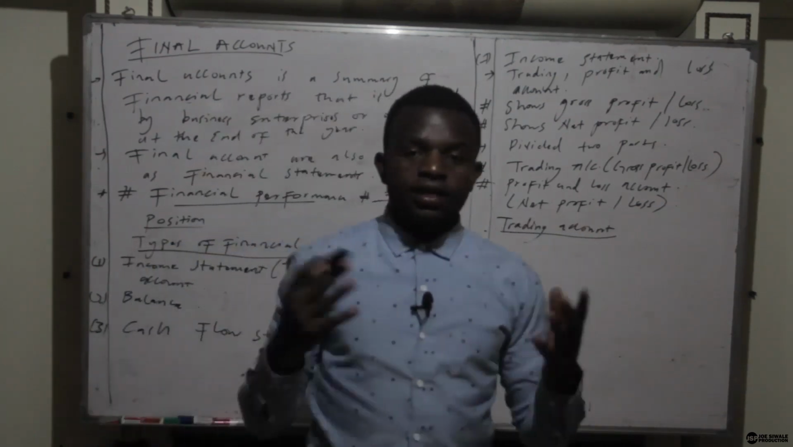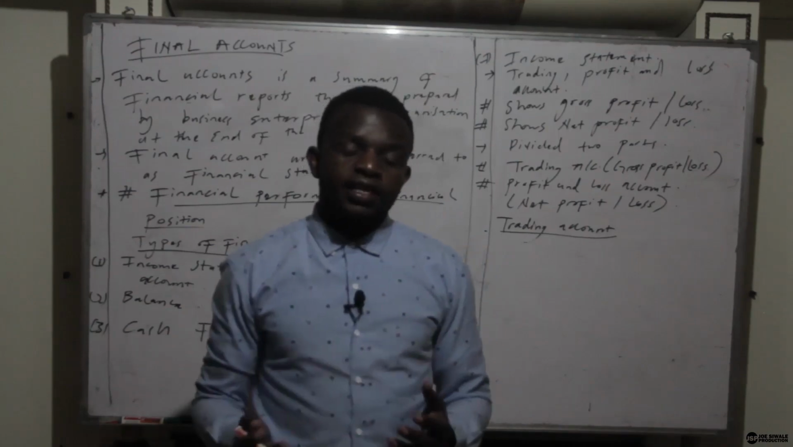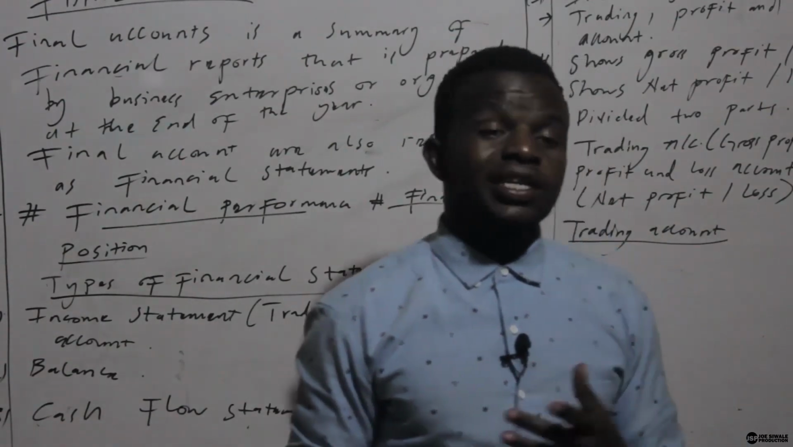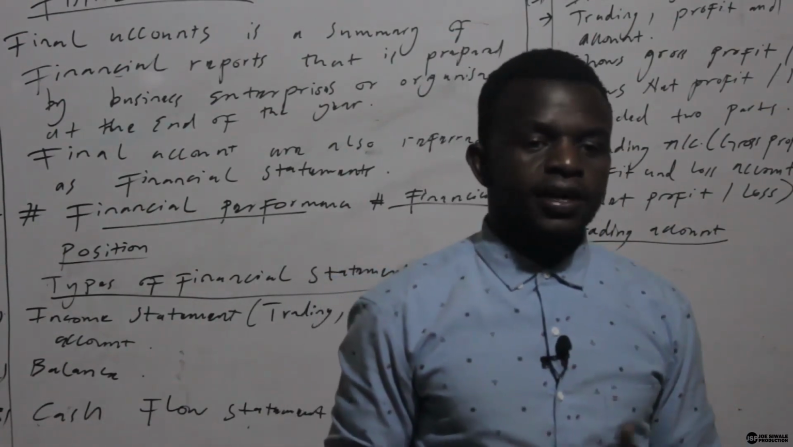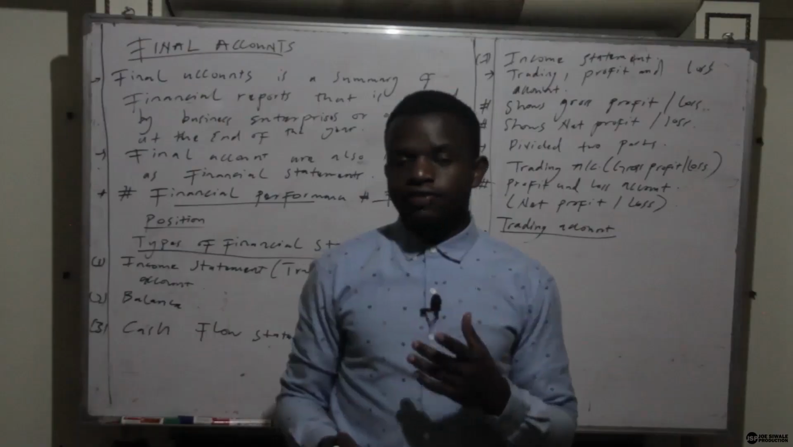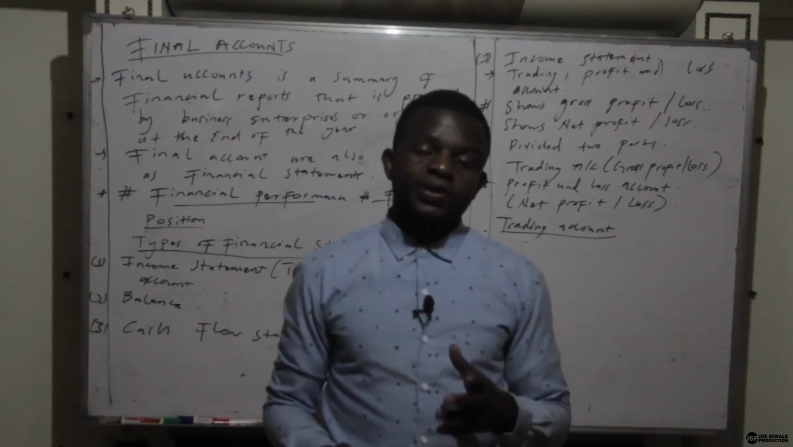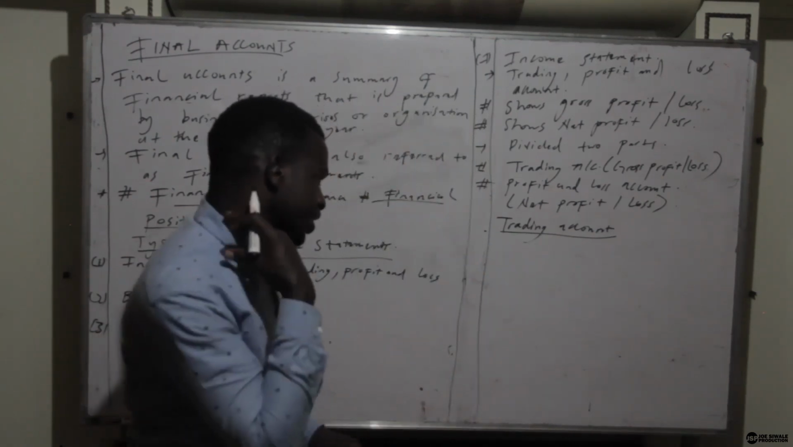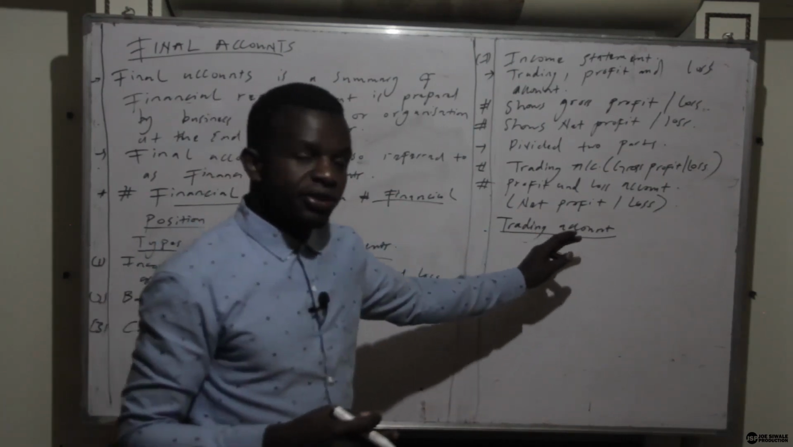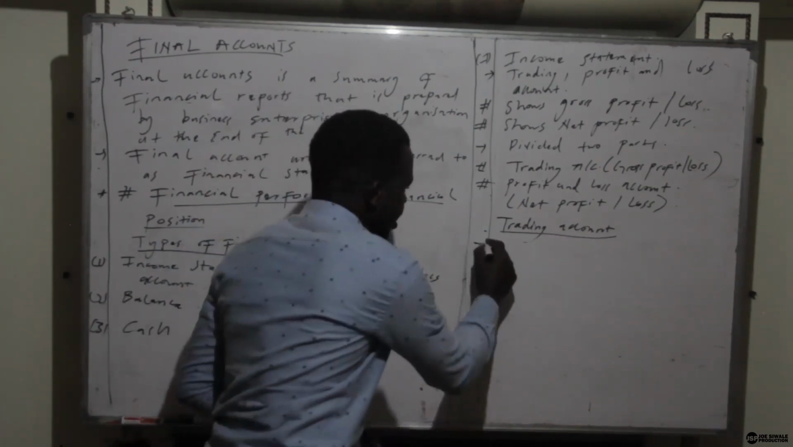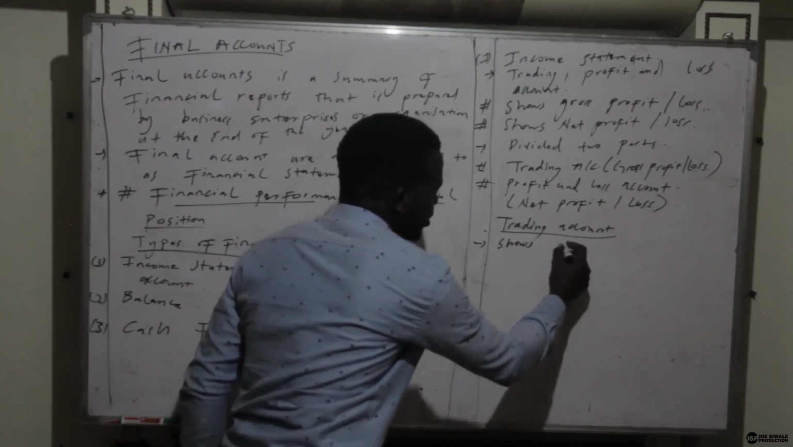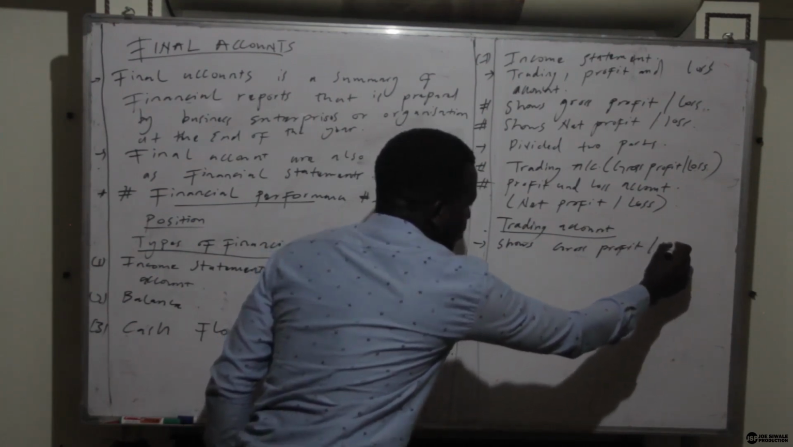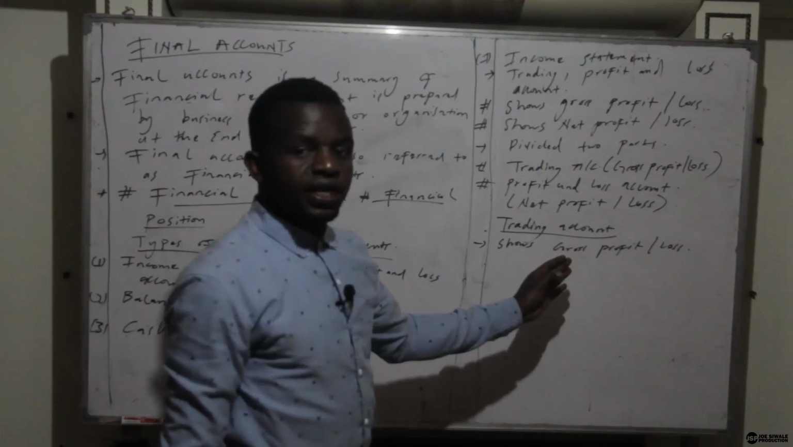account. The gross profit is found when the net sales is greater than the cost of sales. Then the gross loss is found when the cost of sales is greater than the net sales. So the most important formula that we need to take into consideration when we're talking about the trading account, which shows the gross profit or loss, is